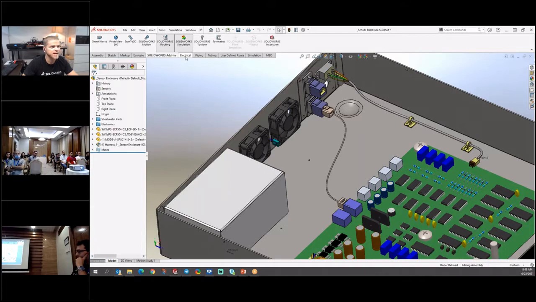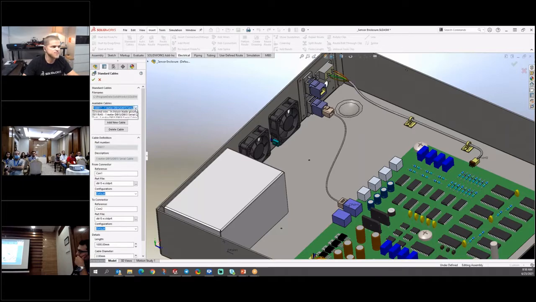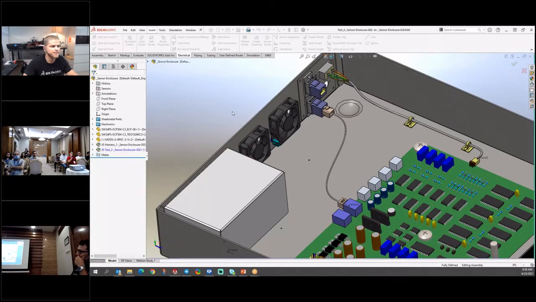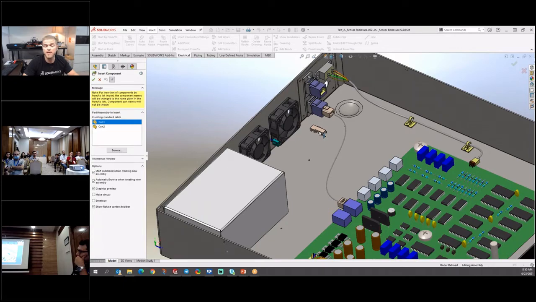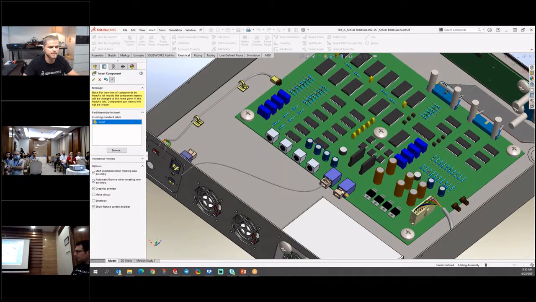So here's two methods you can use to do this, which I found really interesting. In electrical routing here, the first one is something called standard cables. Standard cables is the ability to have a library of cables that you use over and over again. So if I choose standard cables here, I have one called test. It's just a test cable that I pre-created here. And once I choose test cable, and if I hit insert cable, it kind of does what we saw a moment ago. It will ask me to drop these components. Here's the first one. I'll roll around here. Here's my second one.